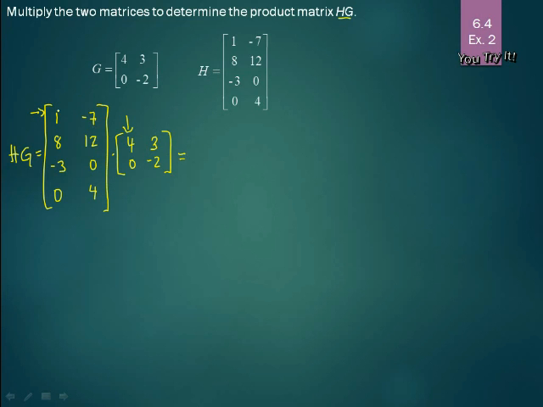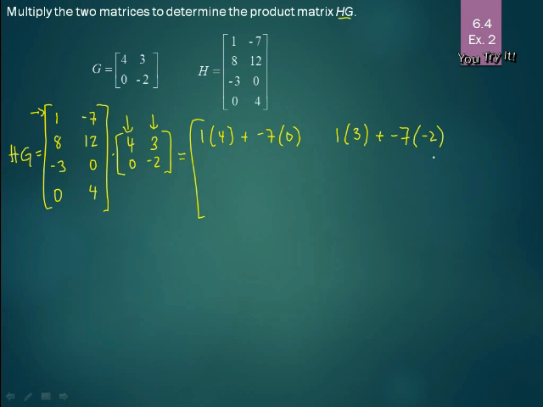And we'll multiply each entry, so the first entry of the row by the first entry of the column, and then we'll add the second two multiplied together. And so the way that will look is, it'd be 1 multiplied by 4, the first here, and then plus -7, the second one in the row, times the second one in the column. And then we'll do the same row, so 1 again, and then this time by the second column. So first times 3, the first one in that second column, and then again I have -7 there,